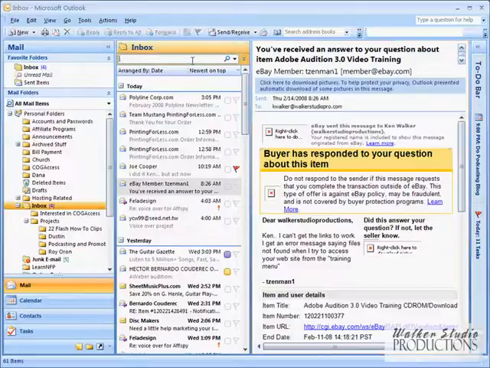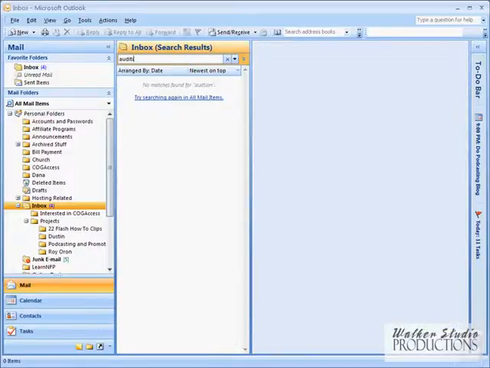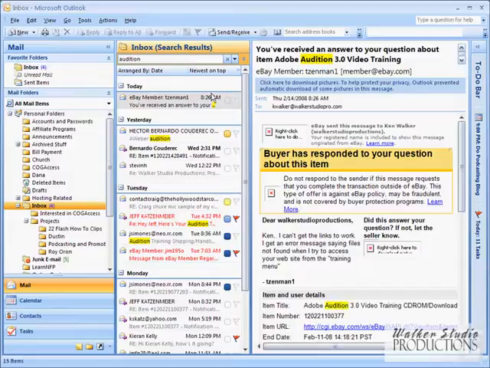If we just click in the box here, and let's say that I've got an email that I need to find related to my Adobe Audition training, and I know that this came from somebody named Jeff, but that's all that I know. I don't know when I got it. I don't know any other details, but I need to find that. Well, if I was to just type audition, right here,